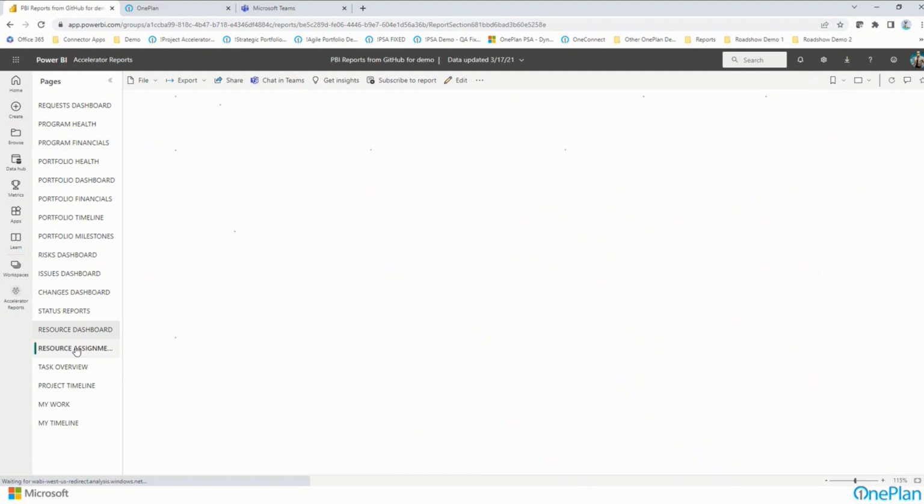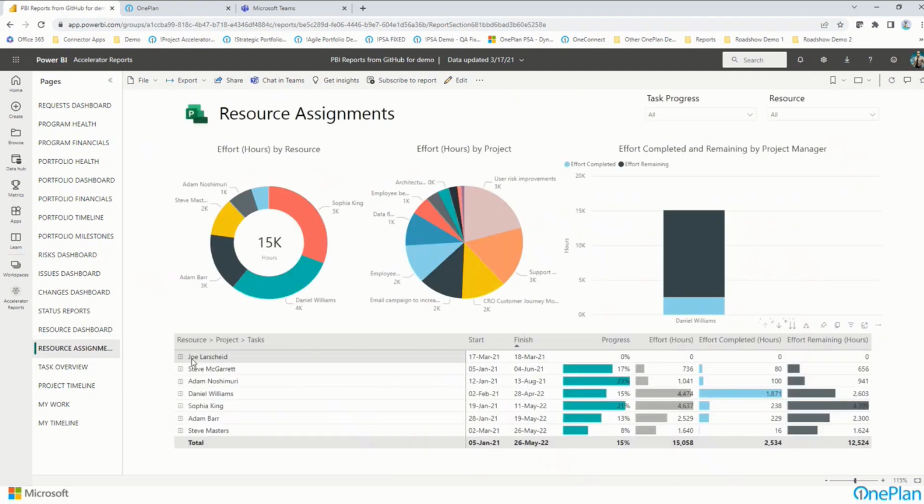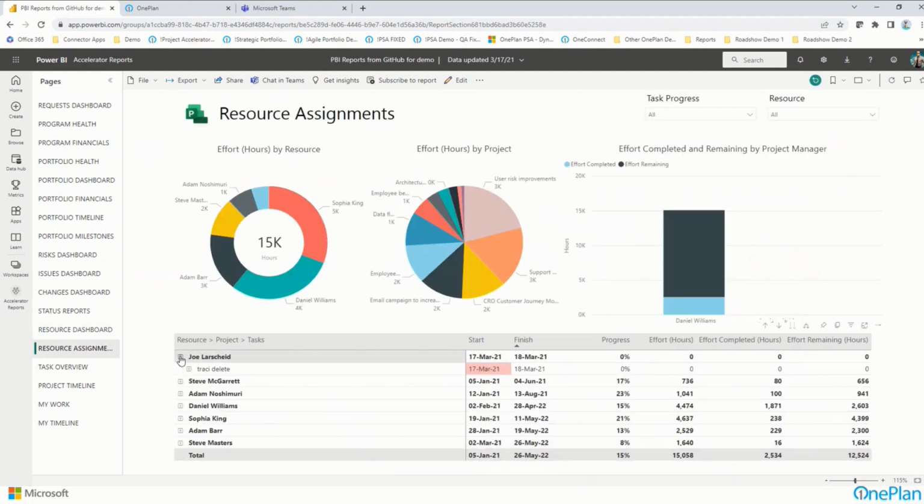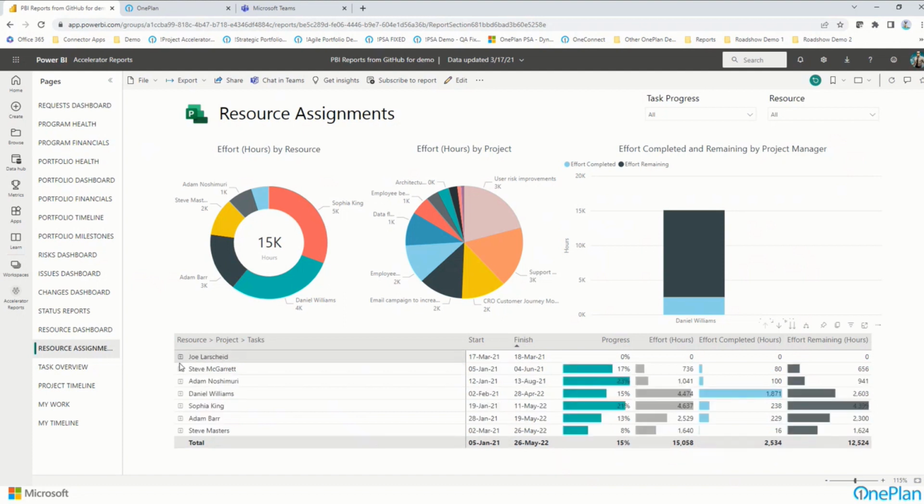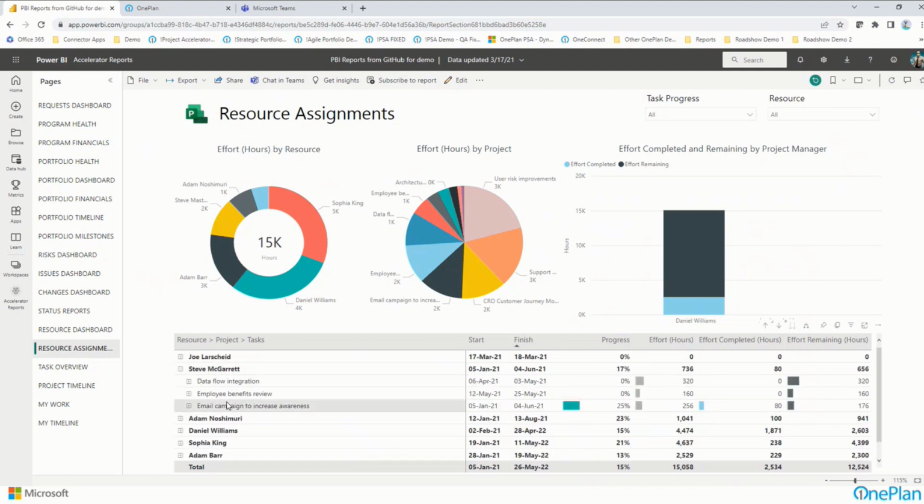Or I might look at individual resource assignments at a task level and at least see what Joe is assigned to, or what Steve McGarrett is assigned to across different projects and things like that, and what his completion status is. But sometimes the quantification of time, phase, capacity versus demand requires a little bit more information than that. So with that, I would like to go to a